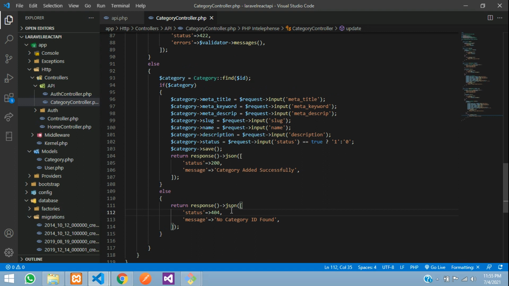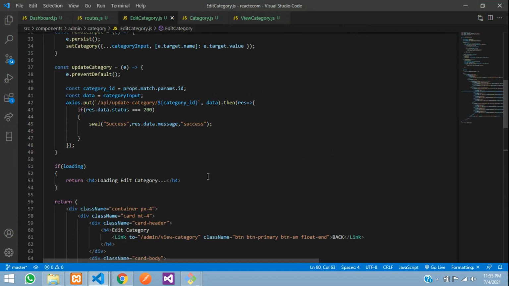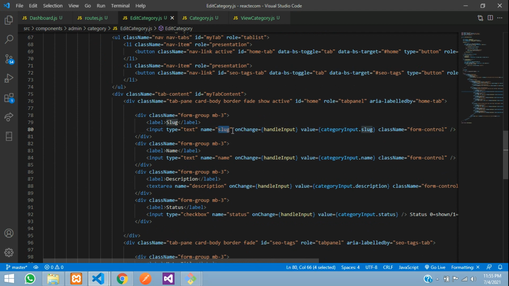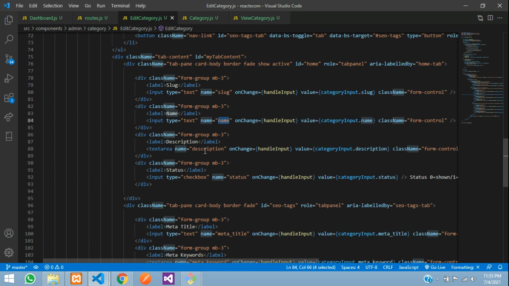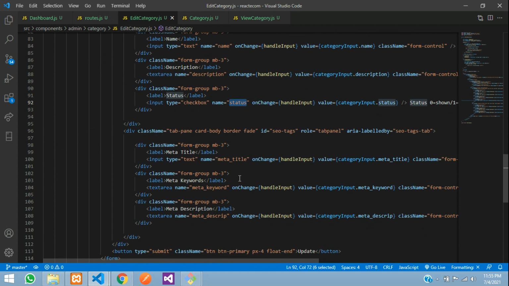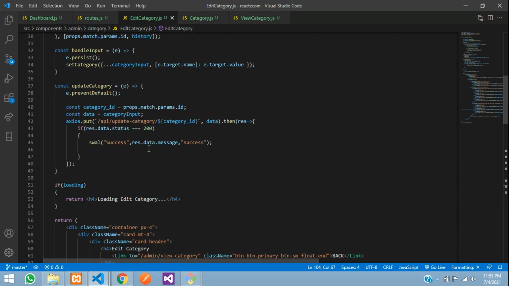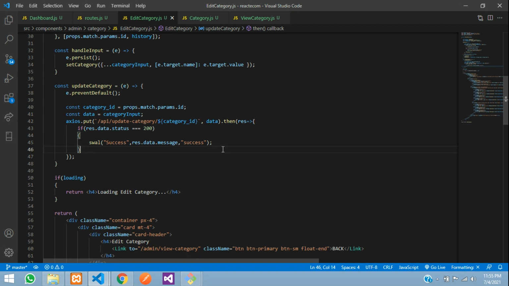Perfect. So now, guys, the input fields which you are passing, make sure the same input field name you are passing over here. Okay, so same input field name attribute, name, description, status, everything should be the same, otherwise it will not update the data for that specific input field. So yep, guys, we have created the API, and now over here let's give the condition for 404 error